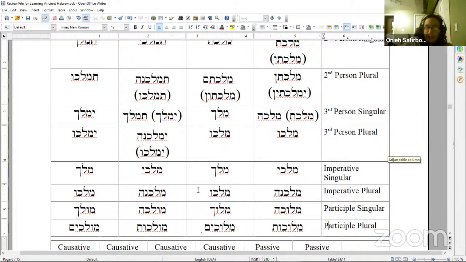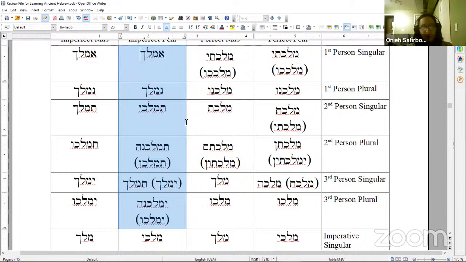But for these ones, first person, second person, and third person, you'll notice that there's forms in parentheses, and the parentheses are the old forms that are found in Akkadian. So you have